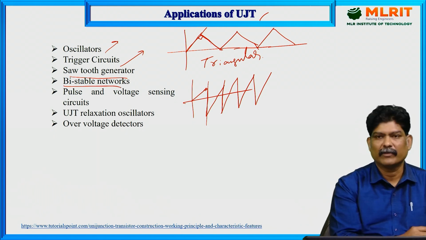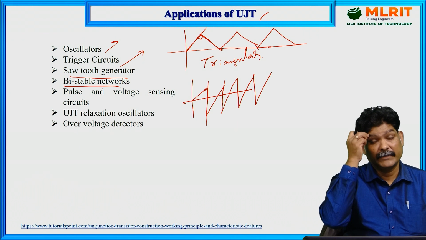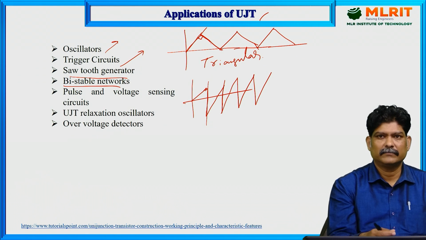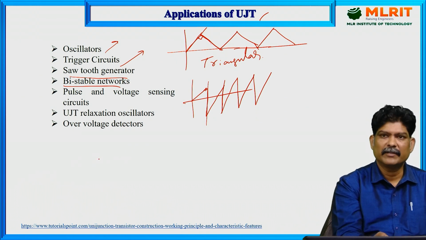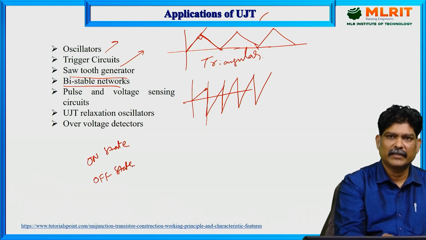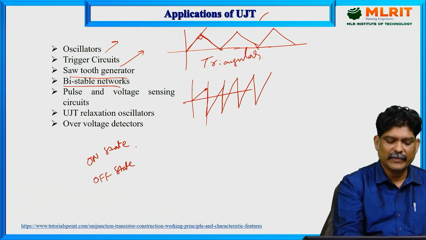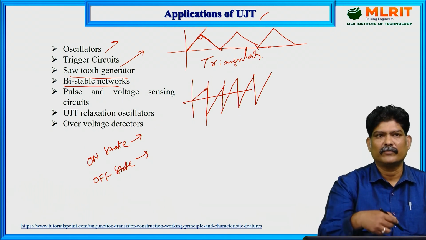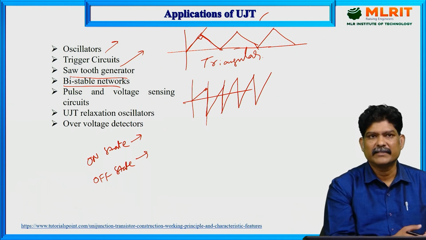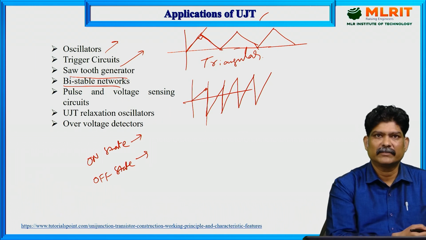And bistable networks. There are states. What is a quasi-stable state? A quasi-stable state means the system cannot stay in a particular state, either on or off. A stable state means that if the circuit is in the on state, we say it is in a stable state, and if a circuit is in the off state, we also say it is a stable state. But a quasi-stable state means the circuit will not remain in a particular state, either on or off. It is switching from on to off. For a specific application, timer circuits, we require these bistable networks, and in these networks we use